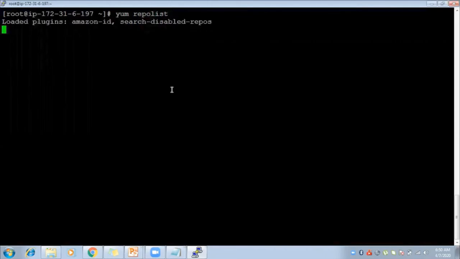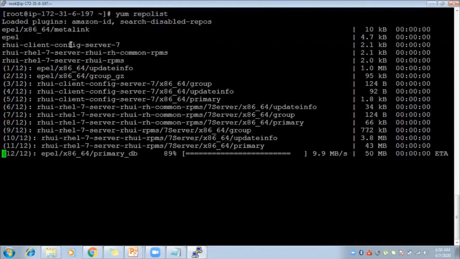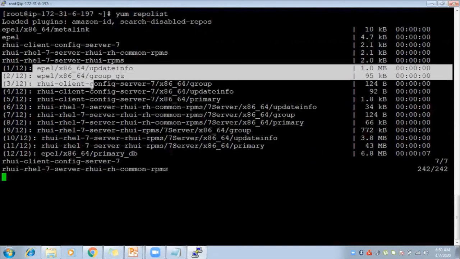As I installed the EPEL repository, if you give yum repolist, it will show that the EPEL repository is there, and these all are the local repositories.